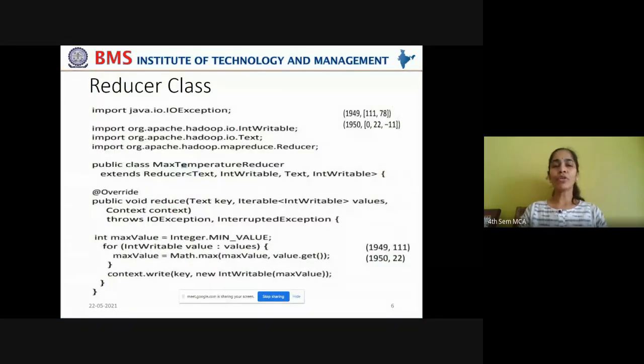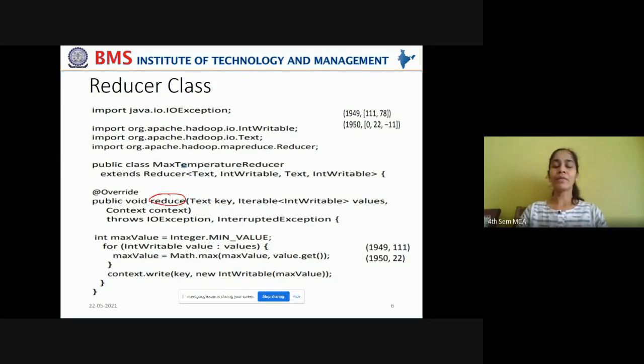Now, in order to process this reduce input, we have to write a reducer class. The output that is given by the map phase is taken as input by the reducer phase. Now we have to customize the reduce function in order to process this input. For that, we have written a reduce function.